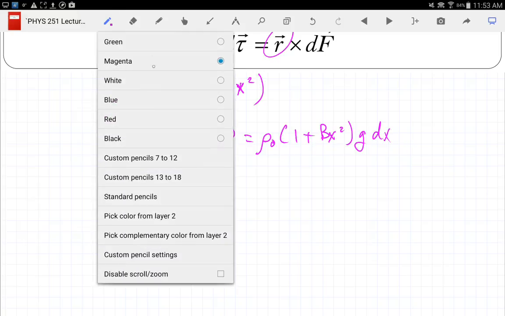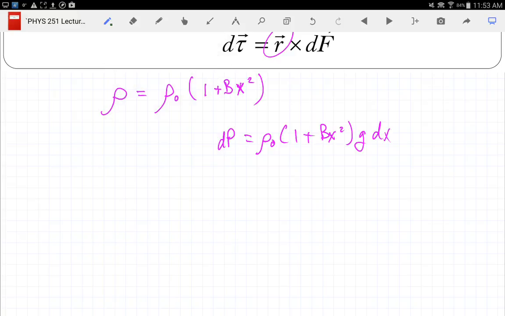Because we have our variables separated, what can we do next? We can integrate. So I integrate each side independently from pressure initial to pressure final, and from x initial to x final. And then I just do my integral, so I would have P final minus P initial is equal to rho naught times